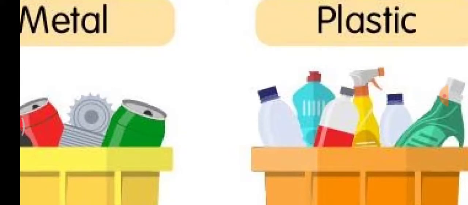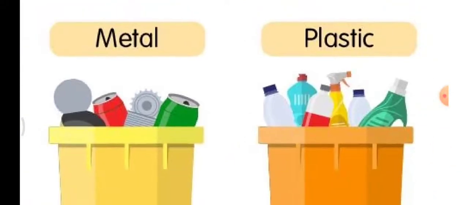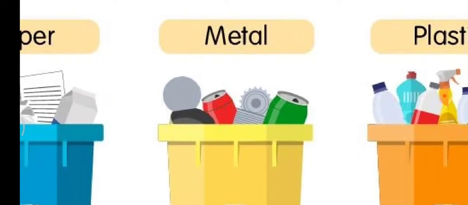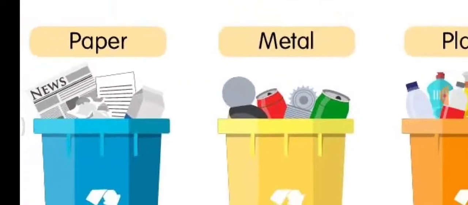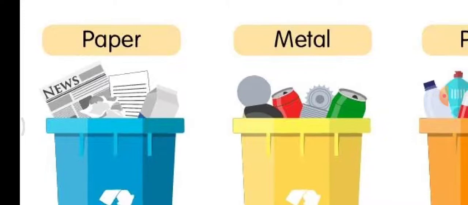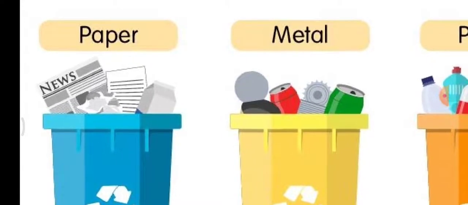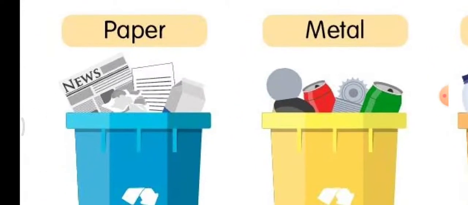Now that we are talking about recycling, plastic can once again be sorted and sent to the plant, and new plastic items can be made. From waste metal, a new metal sheet can be made. They can be converted into a metal sheet and new things can be made, right?